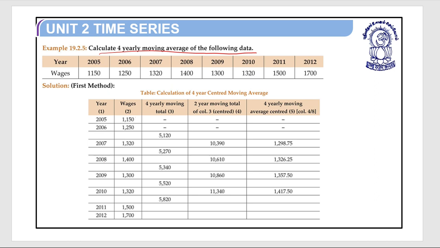For the 4 yearly moving total, you have to take 2005 plus 2006 plus 2007 plus 2008. Take the sum of these: 1150 plus 1250 plus 1320 plus 1400. It is 5120. Same way for